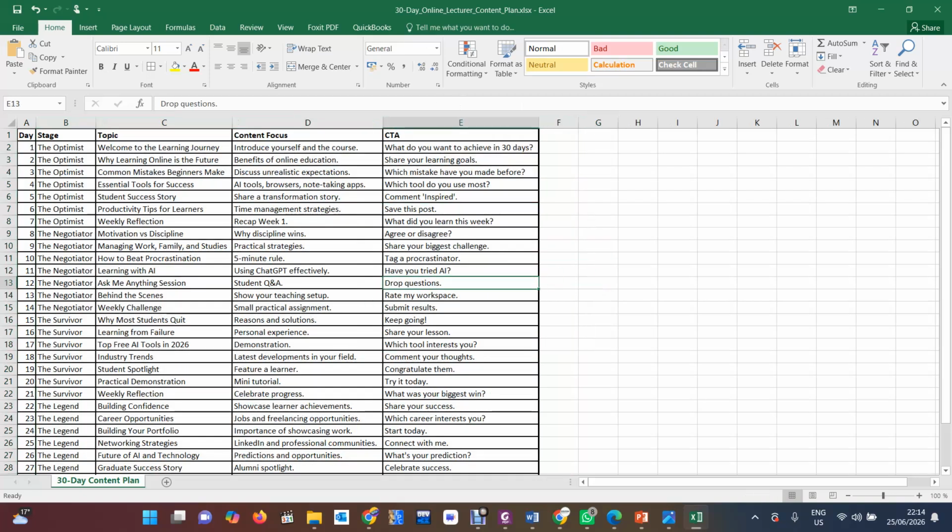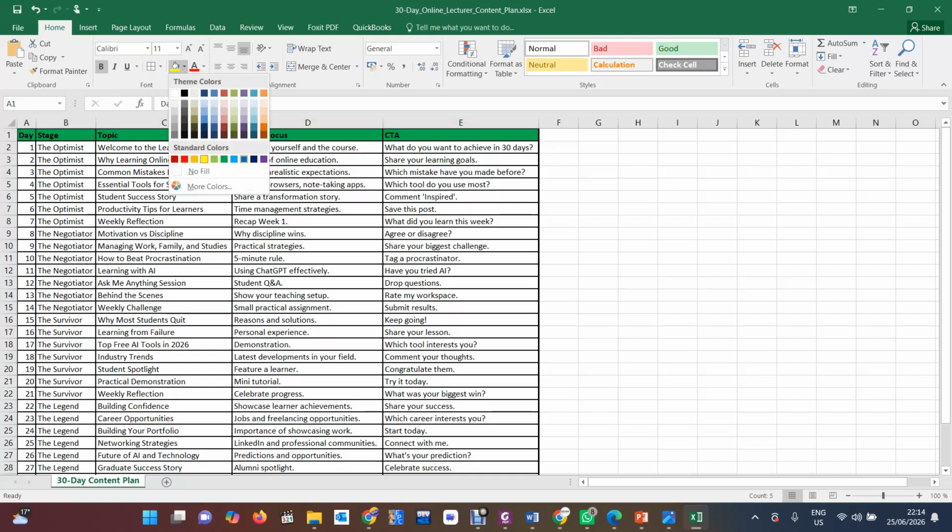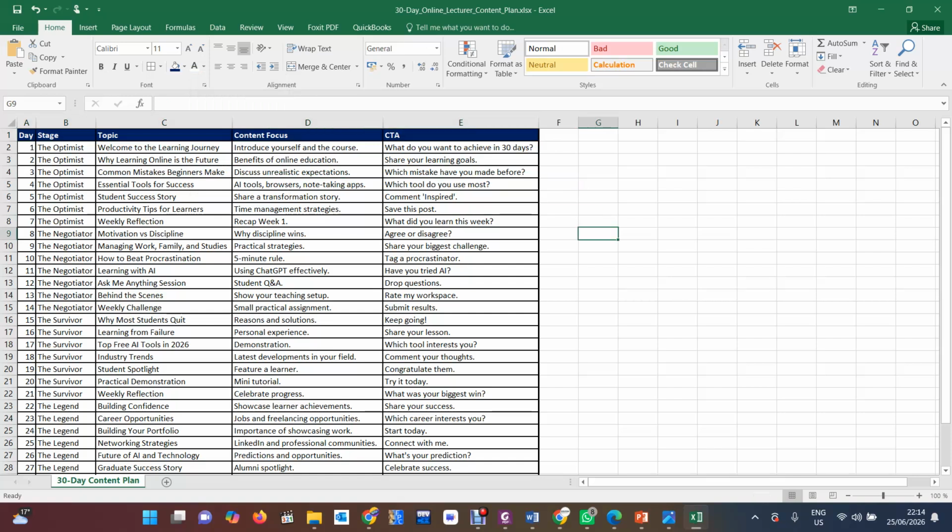Then there you go. Then maybe you master this one, attaching that, maybe that, and then the text to be white. There you go. Now you're done.